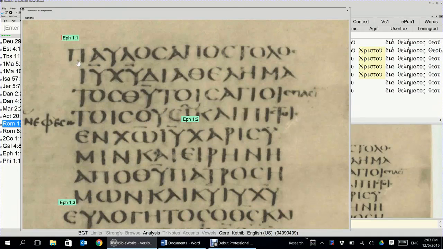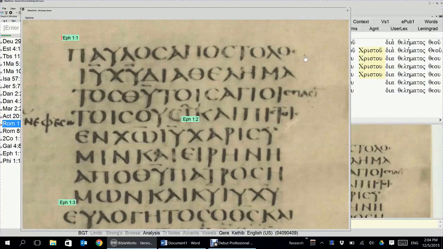Now reading here, P, alpha, upsilon, lambda, omicron, sigma. Now this is a sigma. It's a lunar sigma, and I believe all of the sigmas here look like this. So remember, we have a final sigma in our text now, and we have the medial sigma in our text, but this is just the lunar sigma. That's what all the sigmas look like. So Paulos, Paul, alpha, P, apos,